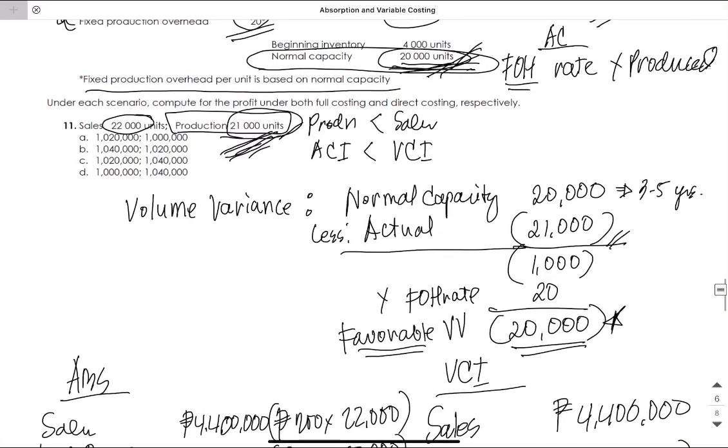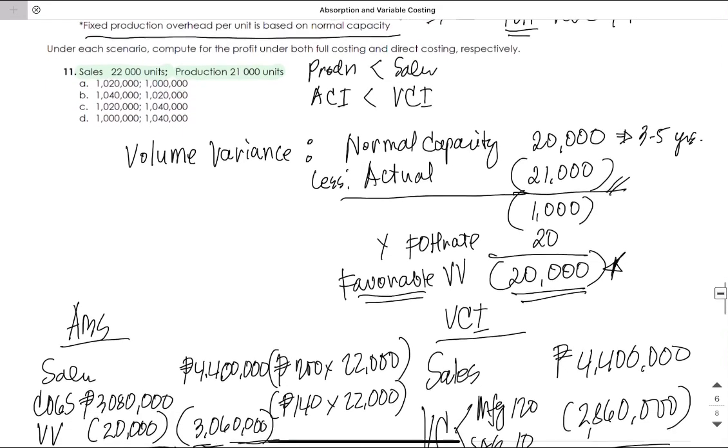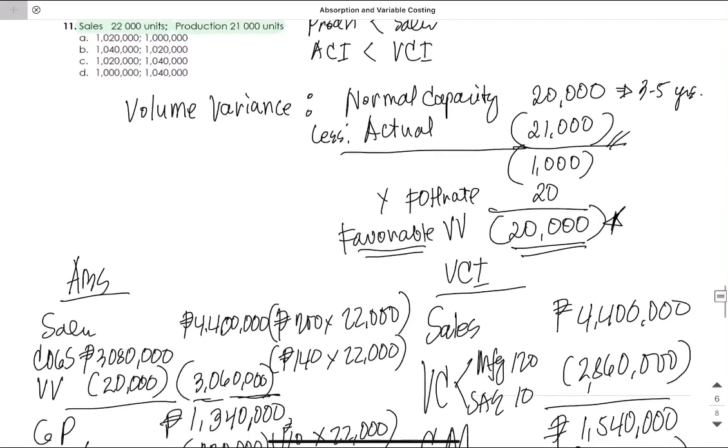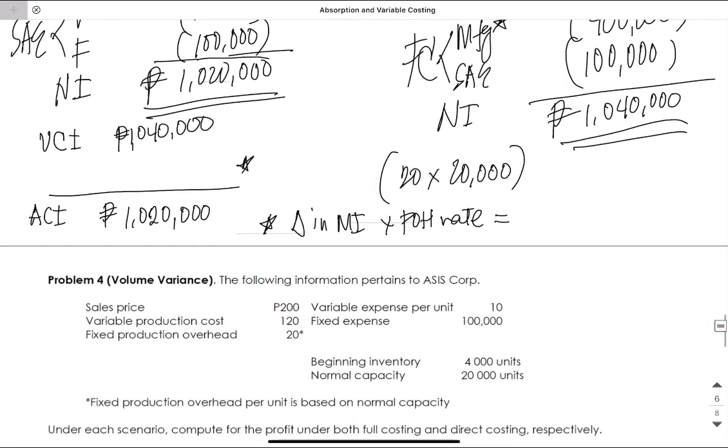So our production is 21,000, and then our sales is 22,000. So how many units? They differ by 1,000 units. This is the difference between the two. So the difference is 1,000 units multiplied by